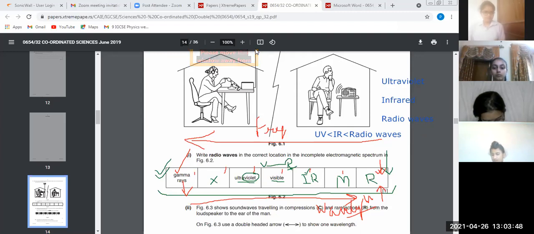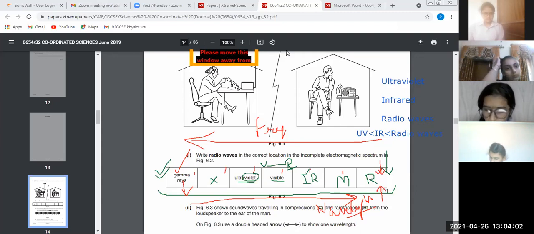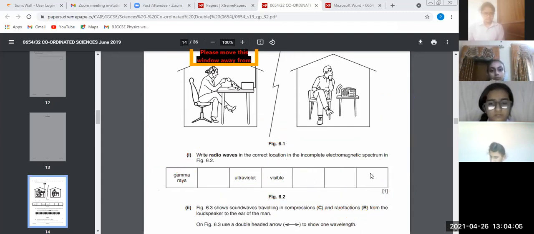They can give you all the blanks and they will say that write the complete spectrum. They can leave the spaces, like here they asked write radio wave at the correct place. They can say that fill the blanks. Fine. And if they say fill the blanks, you have to fill all the 4 blank columns. And then this question will be 3 marks, 4 blanks are there.